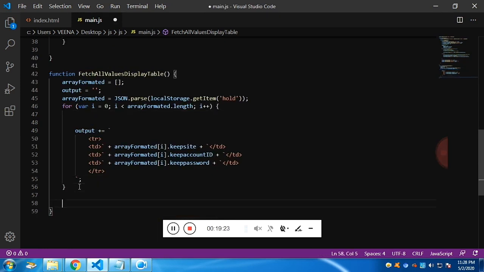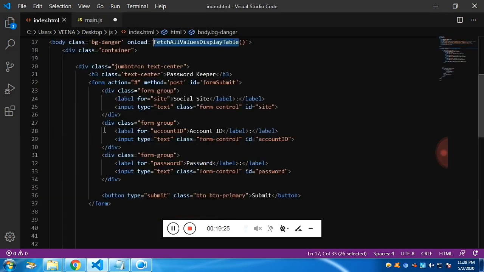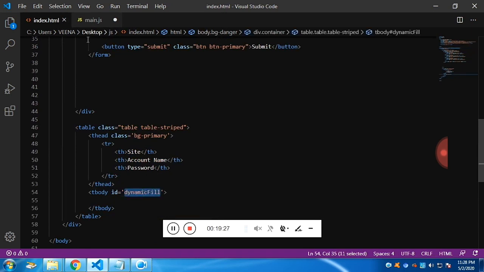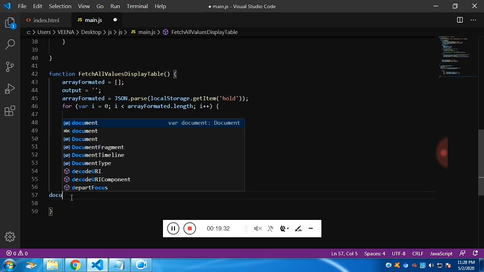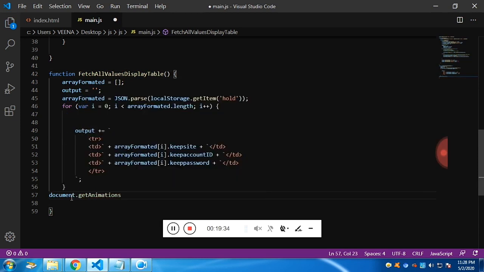Now we want to append the variable to the tbody. To do it, document.getElementById, the tbody id, we would be getting the tbody id. Along with that, with the help of the innerHTML property, we can add the HTML to it.